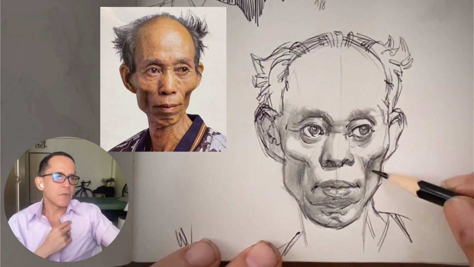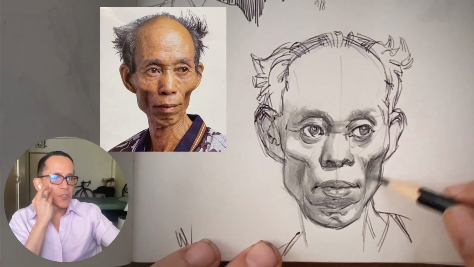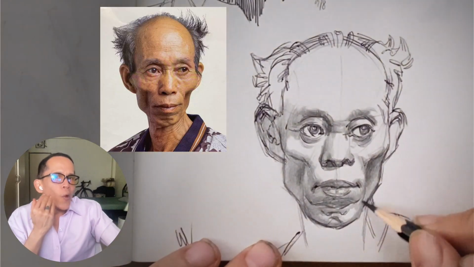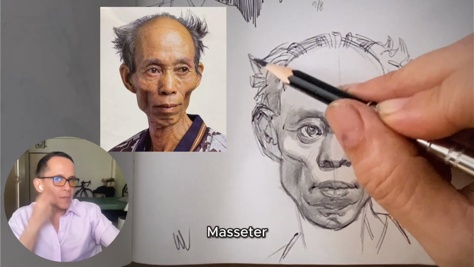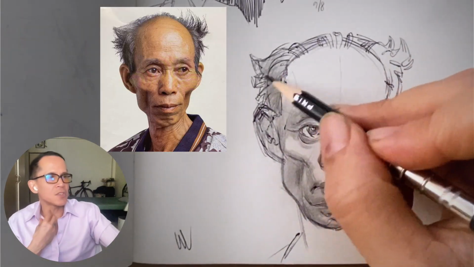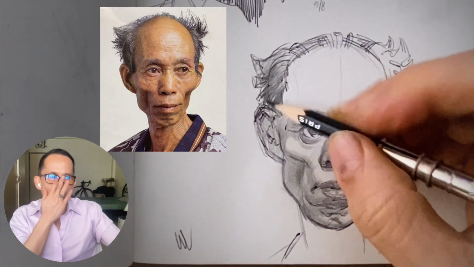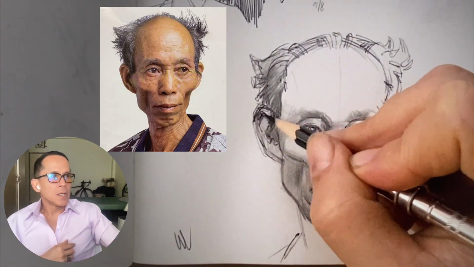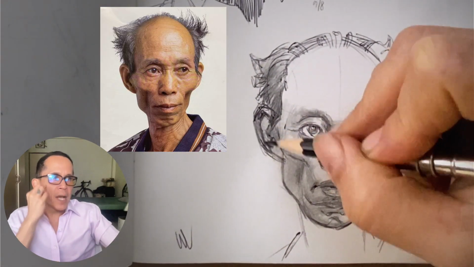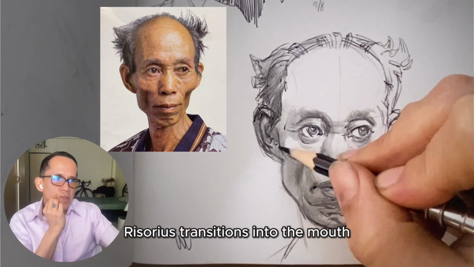Here on the side of his face, his cheek, obviously very little cheek fat here. He's purposely sucking it in, and that's revealing the masseter. So that big detail you see in the shadow, that's the muscle. That's your big masseter muscle. That's for chewing. And you can see it transitions from the masseter, risorius, transitions into the mouth mass, which is